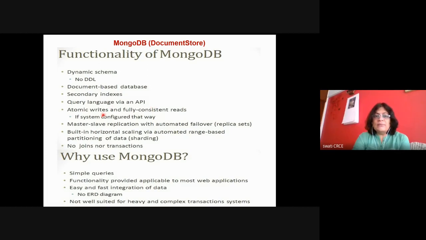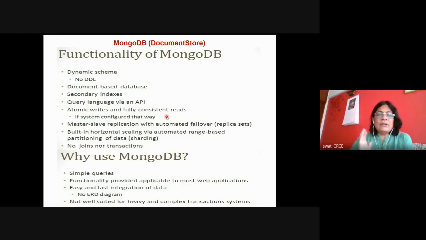Atomic writes are there, and fully consistent reads are there because it is concentrating on the C and P parts of the CAP theorem. So it is configured in such a way that it can perform atomicity for write operations, and fully consistent read operations are there. So it gives you the facility of consistency.